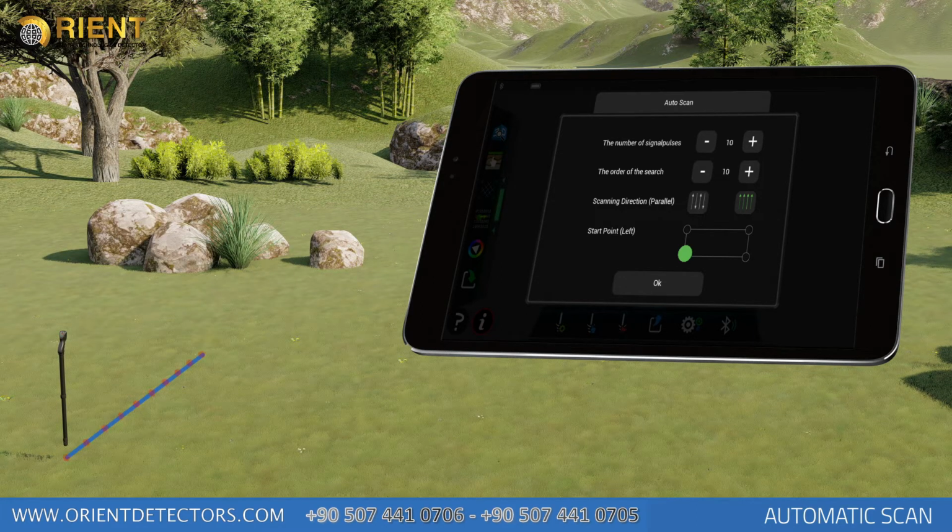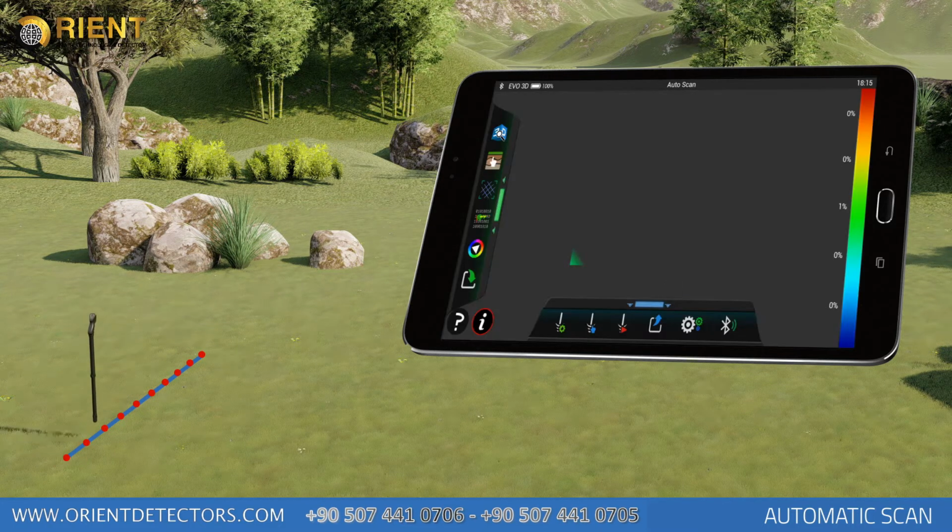Automatic data transfer will start. Each signal sound and each square formed on the graphic equals to 1 signal pulse count. Between each signal pulse, you should advance 30 centimeters and move to the next step. For example, if you've entered the signal pulse count as 10, you should advance forward 10 signal steps for each